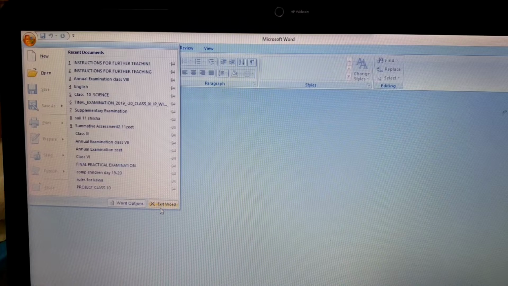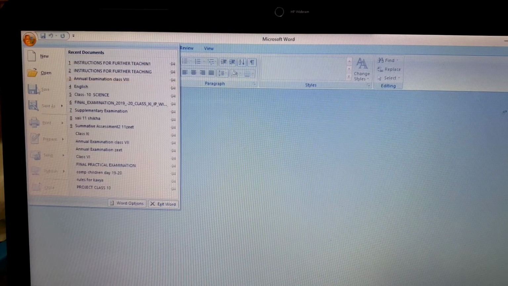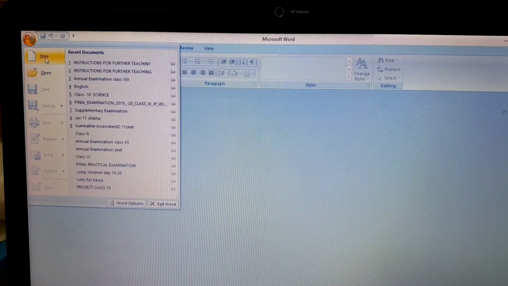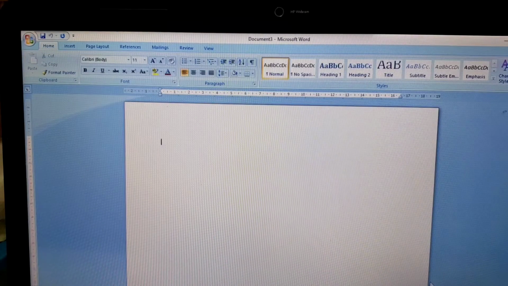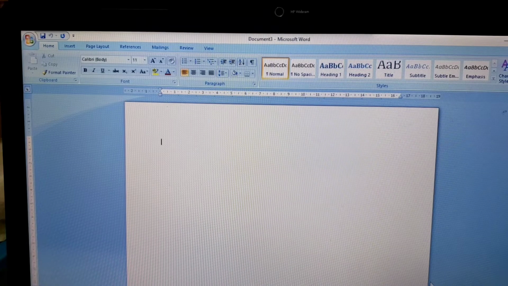So this type of window is called the application window, and whenever I'm opening any software, it's not only Word, it could be Excel, PowerPoint, whatever you are going to open. So these two kinds of window we have. One window is of application.